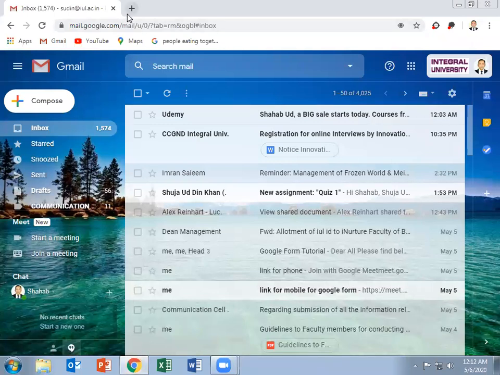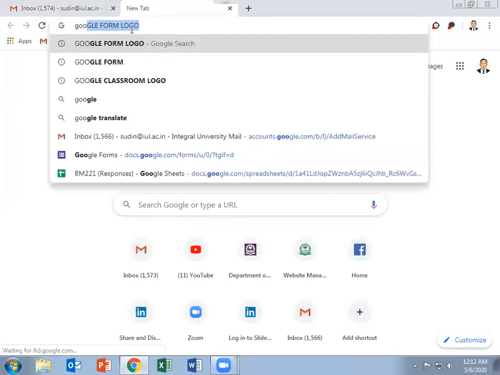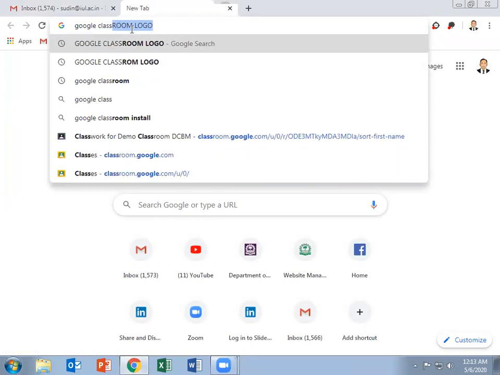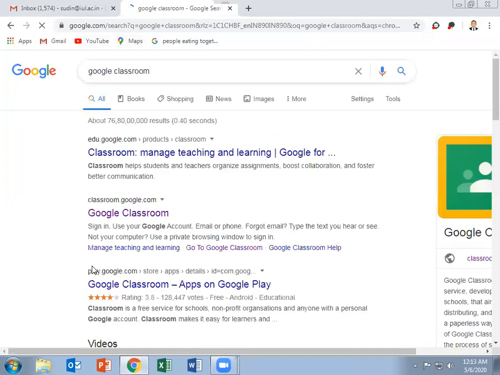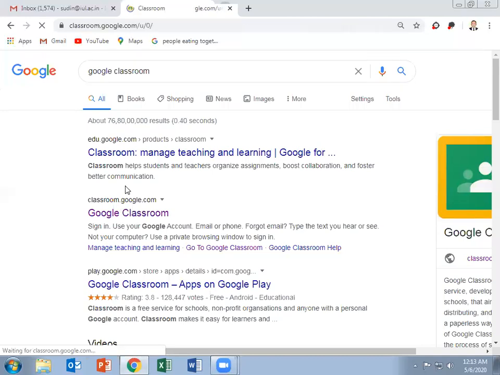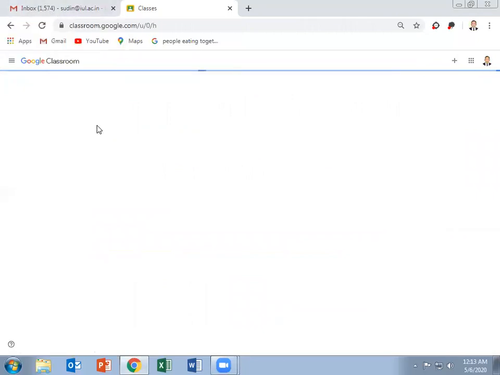Chrome. Now we have to open Google Classroom. Type Google Classroom. By clicking on this option, we'll go directly to Google Classroom, as we have already logged in to our official email ID.